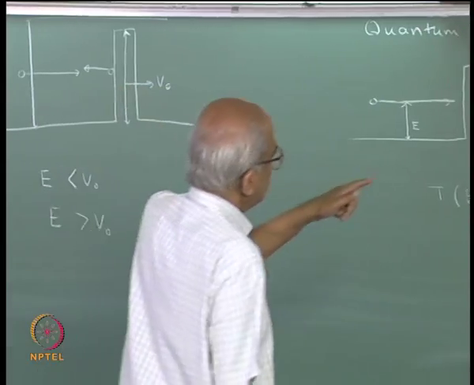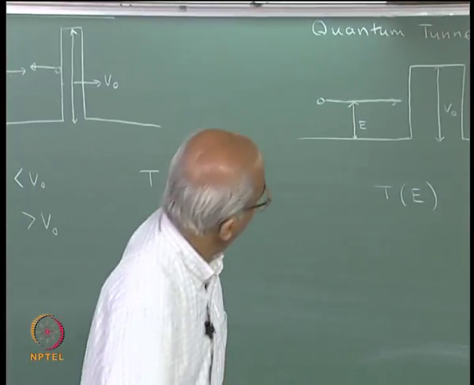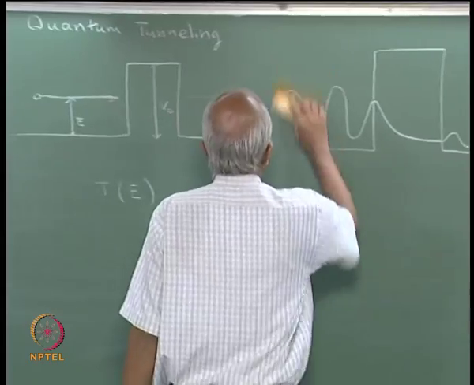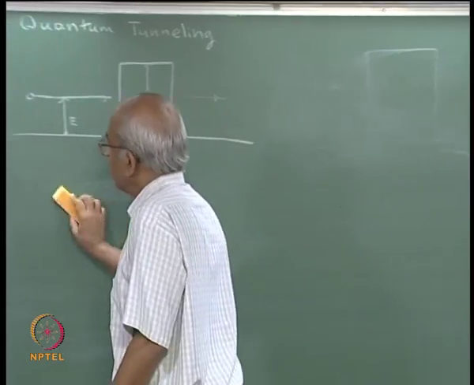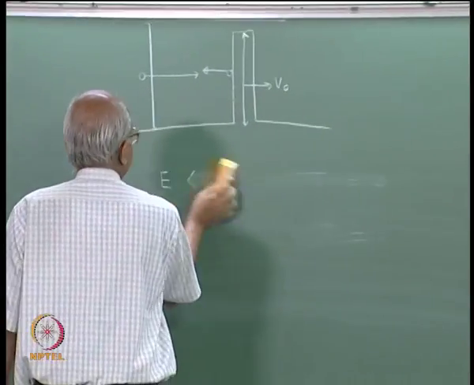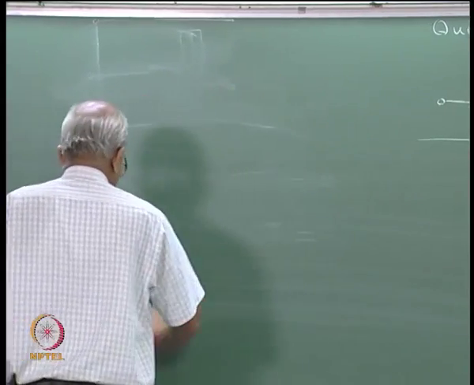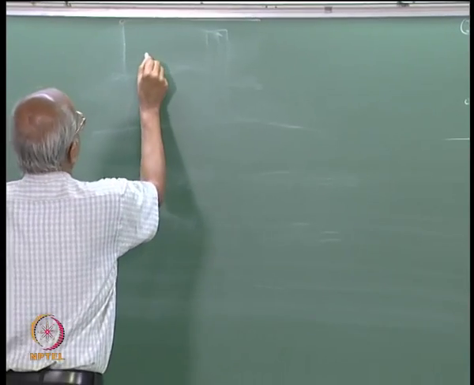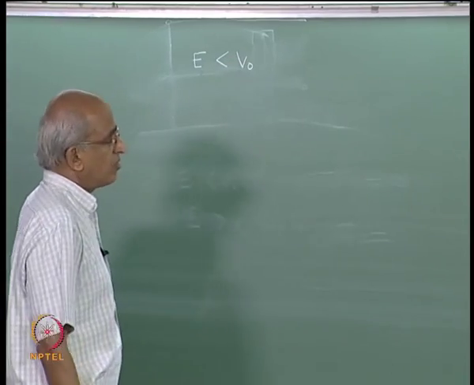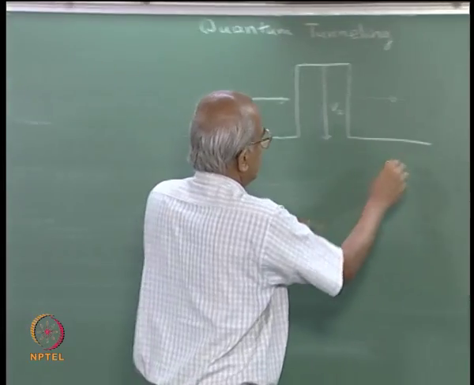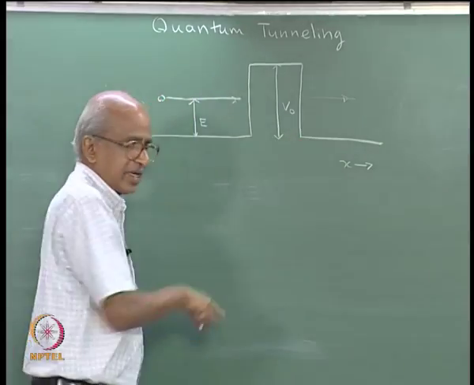So, I want to now treat this problem in a rigorous mathematical fashion, and let us do that. I would rub off all these figures which I do not need except the one in the middle. Specifically, we are most interested in the situation where the energy of the particle is less than the height of the barrier. And I shall also say that the direction in which the particle is moving is the x direction, and that the barrier has this nice rectangular shape,